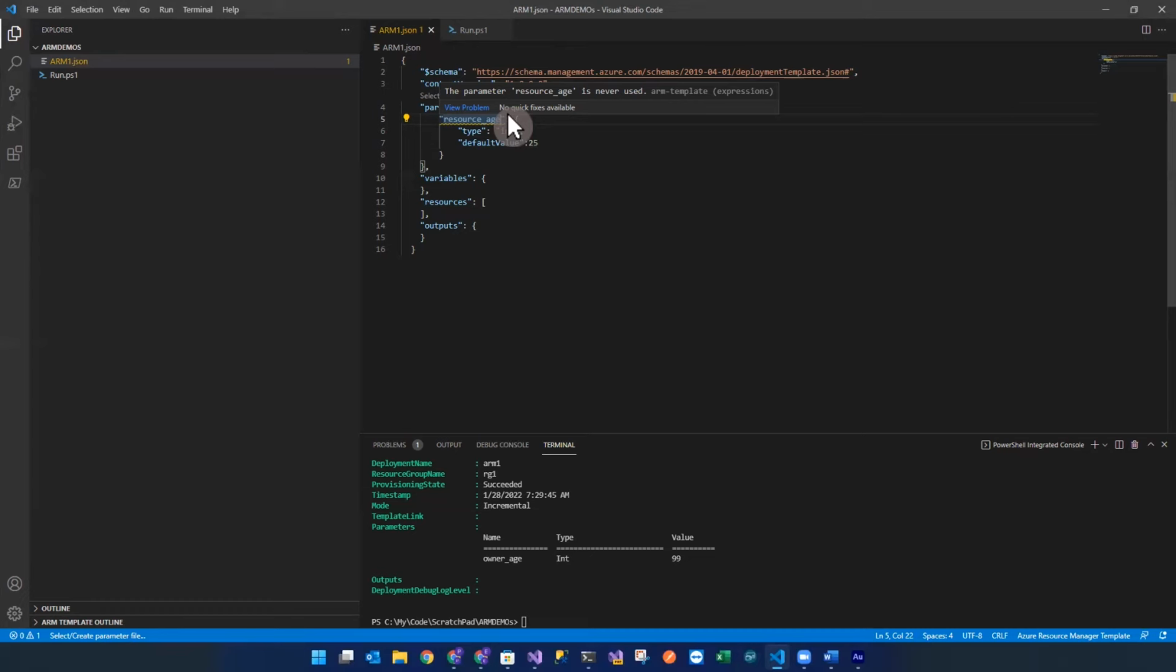So variables allow you to give internal names to those parameters to store them internally, and they also allow you to manipulate them in some way. It's basically a write once, read everywhere style of value, where you can use the label, the name of it, all through your ARM template to do different things, right? So we have the resource age, and let's go ahead and create something else called resource name,